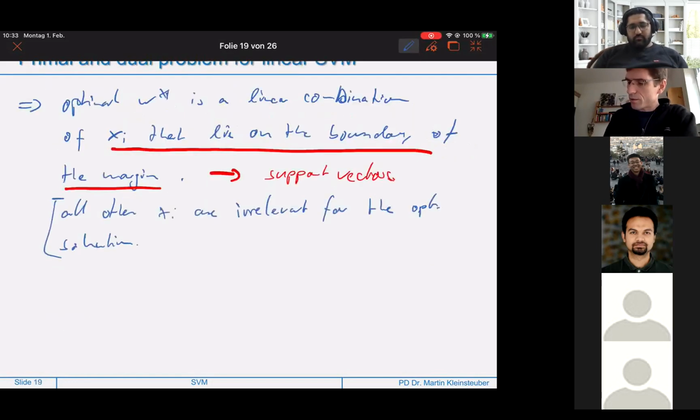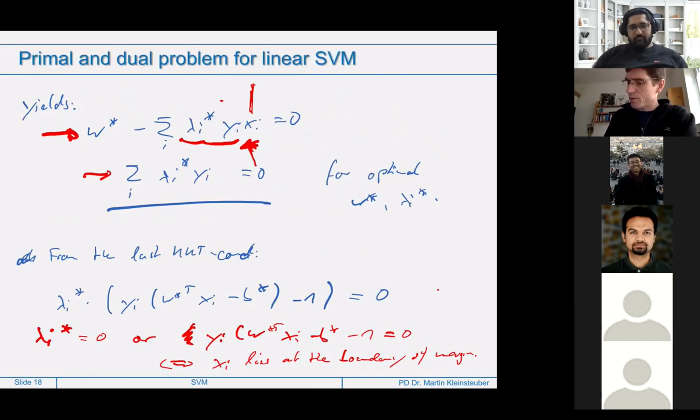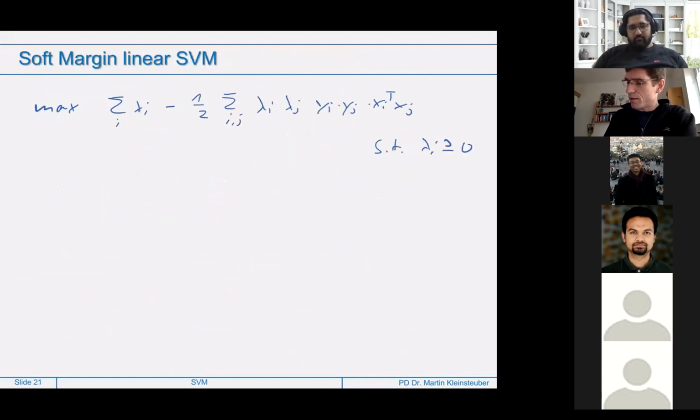Sorry, we still have not incorporated this condition here, not yet. So we have to put it into our constraints such that we do not forget it. So we have this additional constraint here: subject to lambda I greater than or equal to 0, and subject to the sum over I of lambda I yi equal to 0. Yes, and this is equivalent to